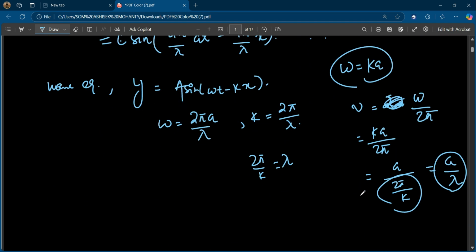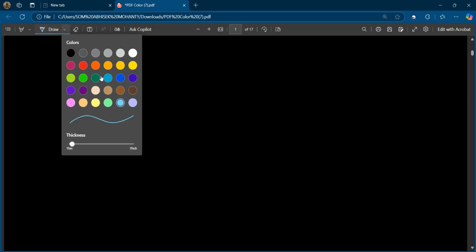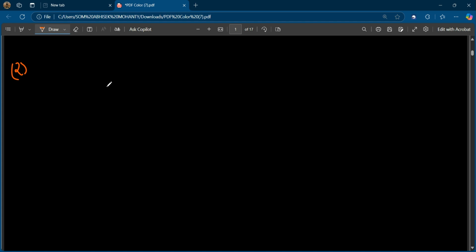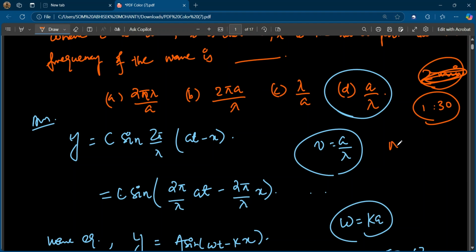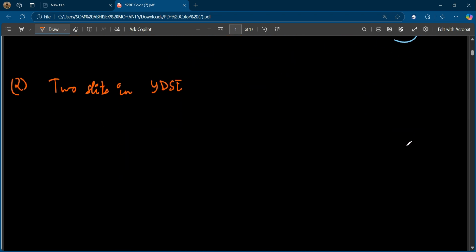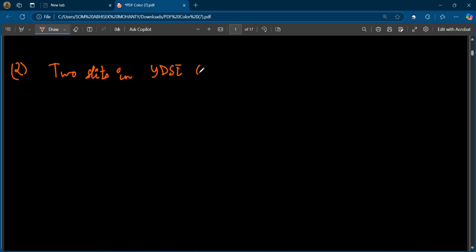All right. Question number 2. Two slits in Young's double slit experiment, YDSE. This question came in NEET 2024, so it's a previous year question. Two slits in YDSE are 1.5 millimeter apart, and